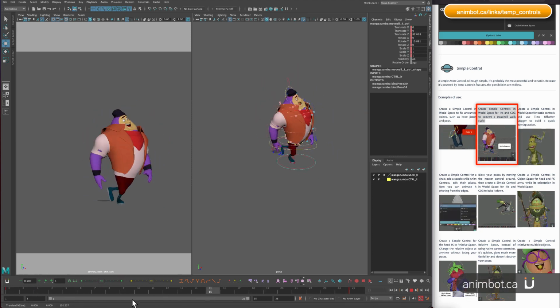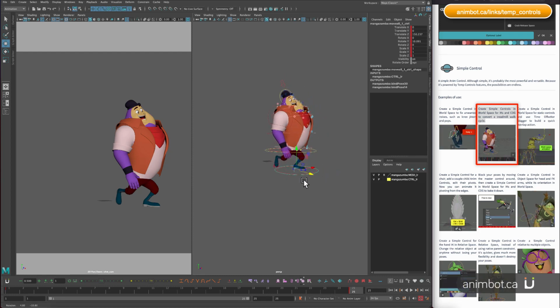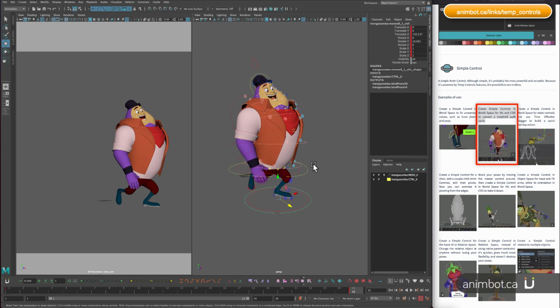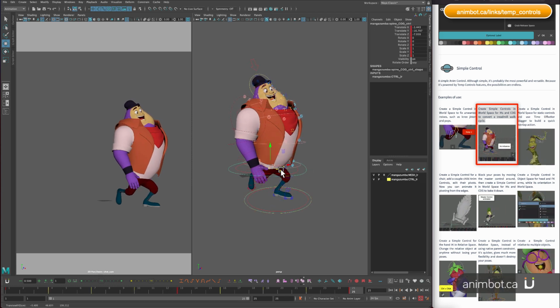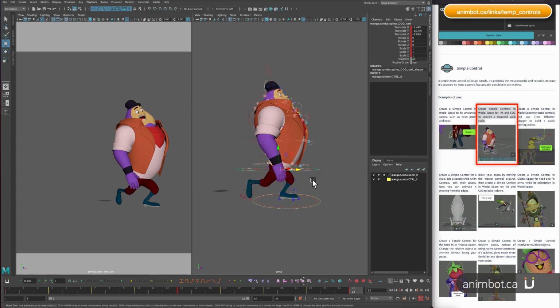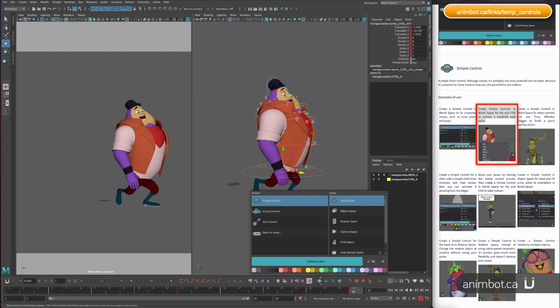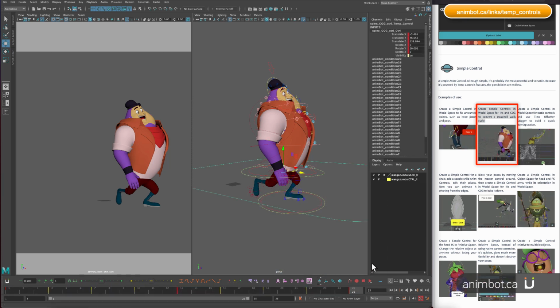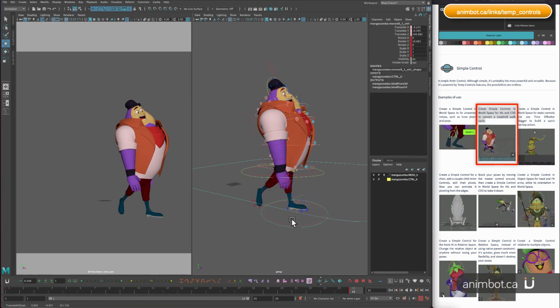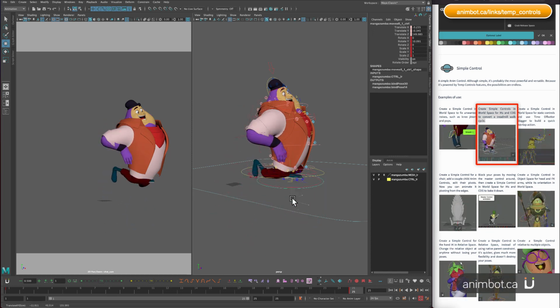Okay, so let's say I like this, but now I want to kill the animation on the master and transfer to the COG and the eye case, or all the controls that are moving the character. So I like the temp controls better because I can create one at a time if I want. So I'm gonna create for the COG first, and then I can check what else it's moving with the master. So the COG is already locked in there,